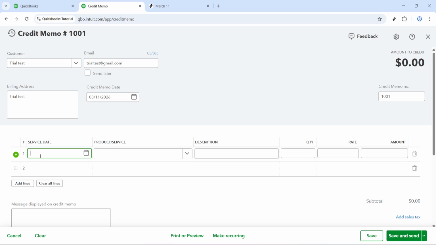Use the date that reflects when the product was returned or the service was adjusted. Accurate dating keeps your reports clear and helps match this credit to the original